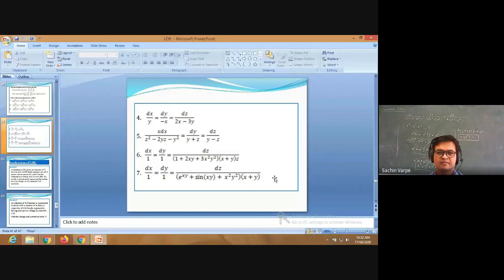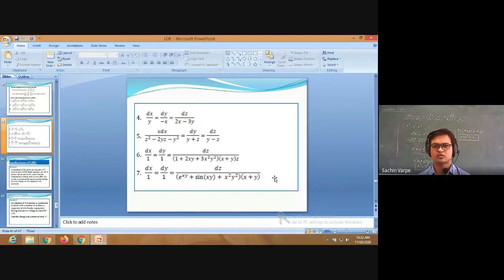Yeah. Because I think I've told you in the last lecture that while solving the symmetric differential equations, we can apply the method of grouping or method of multiplier or both or any other method also. There is no standard method to solve such symmetric LDEs. We only want two solutions which are linearly independent. That is the thing. So here I think the second solution we can get by method of grouping also.